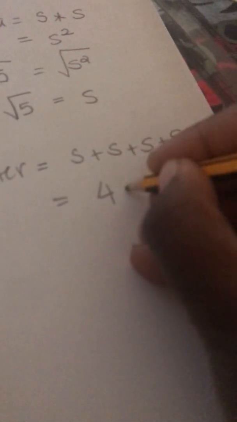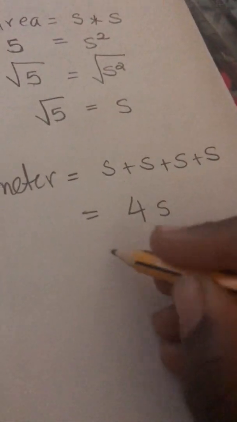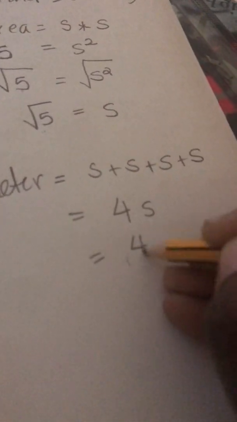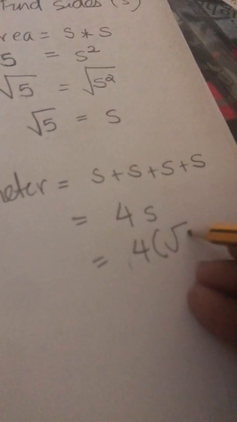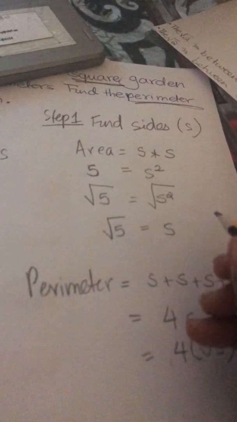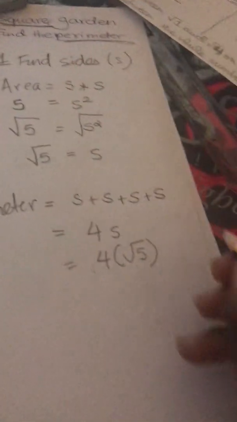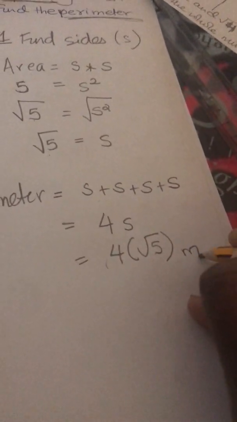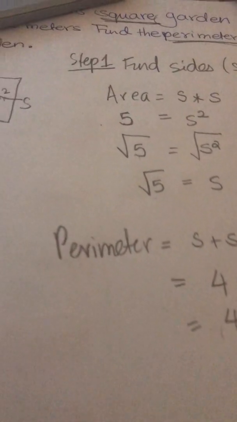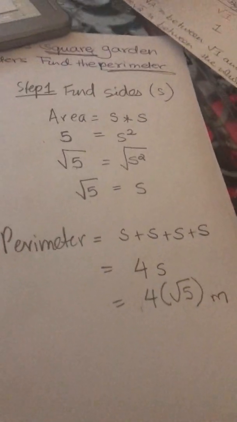That is 4S. Now, do I know my S? I know my S is the square root of 5. So this is 4 multiply the root of 5. And because it is perimeter, my unit is meters. Okay? Now, what did the question say? The question said I needed to estimate